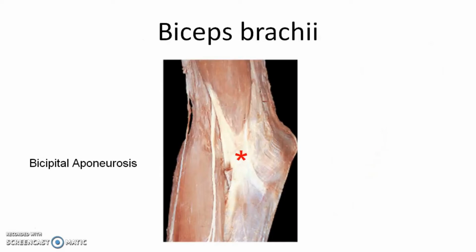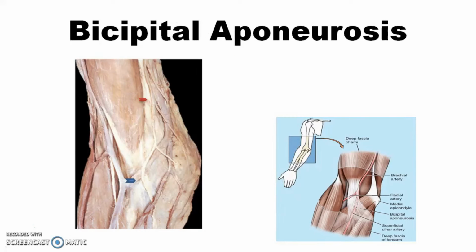And now talking about the nerve supply, biceps brachii, it is supplied by again musculocutaneous nerve. Now talking about bicipital aponeurosis, the picture itself indicates, so this is biceps brachii muscle and the aponeurosis you are seeing with a marking here. So this is bicipital aponeurosis which is getting merged in the deep fascia of the forearm region. And this is bicipital aponeurosis to be clear.